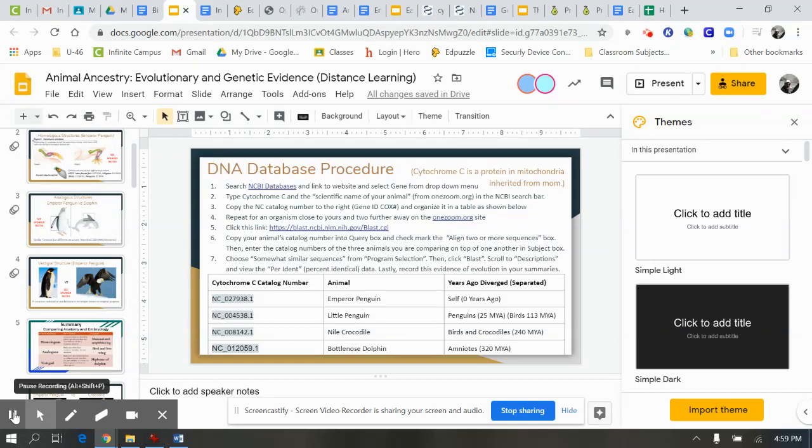Good afternoon, biology students. Today's Screencastify is going to focus on a phenomenal website. Actually, it's a combination of two sites related to one another. It's a DNA database used worldwide by scientists, and you're going to use it to gather information about how closely related your organism is compared to the three other animals that you have chosen to compare yours to over the